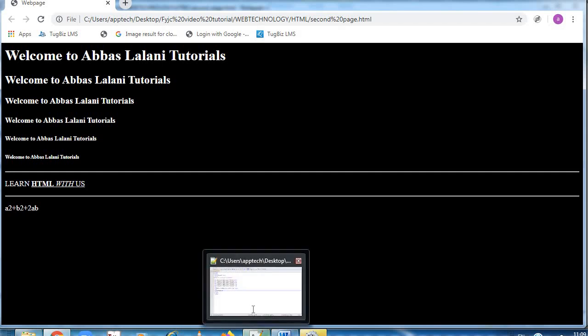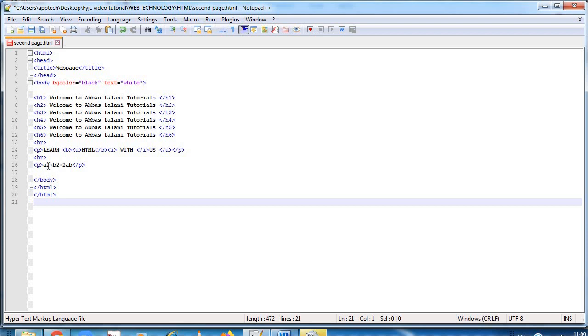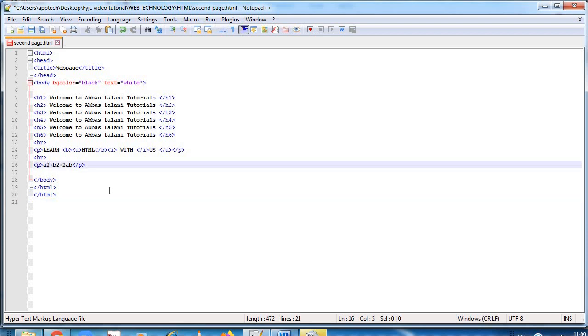Now how will we do it? It's very simple. Now I want 2 above the A, so before 2 I will write sup, and after 2 I will write sup close. So 2 will be above A, and then B square.